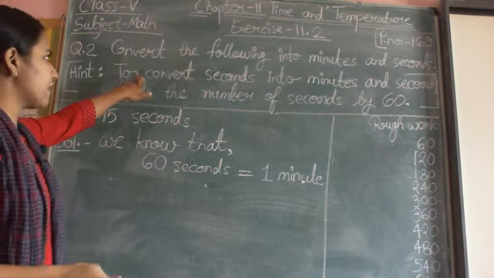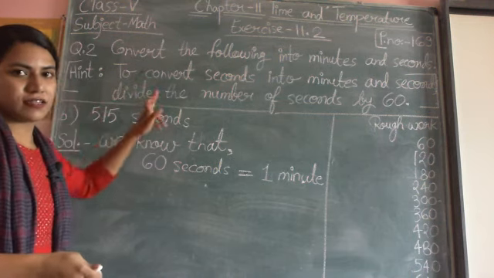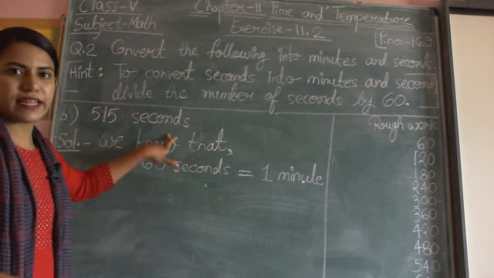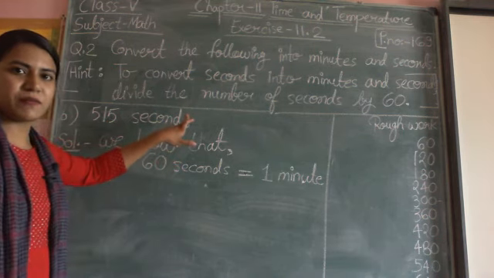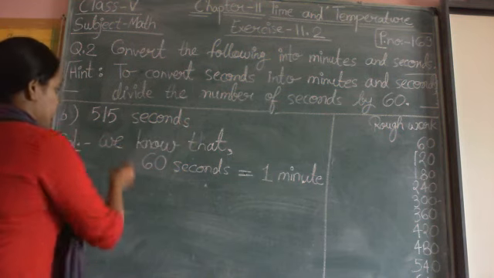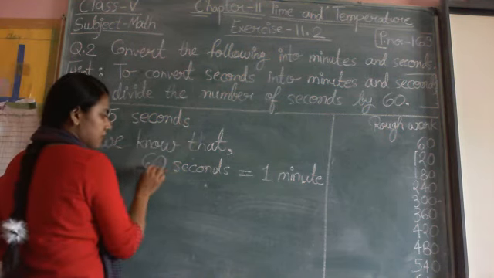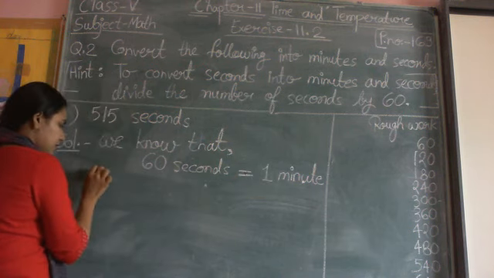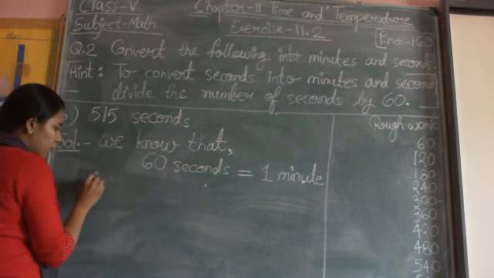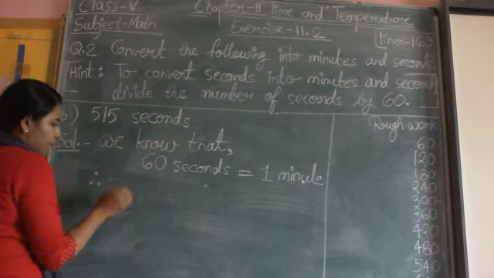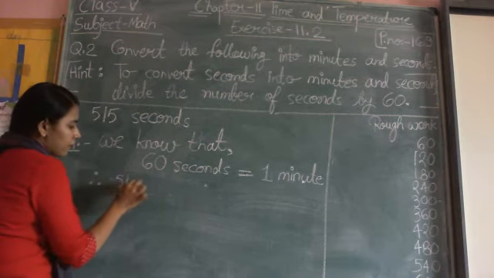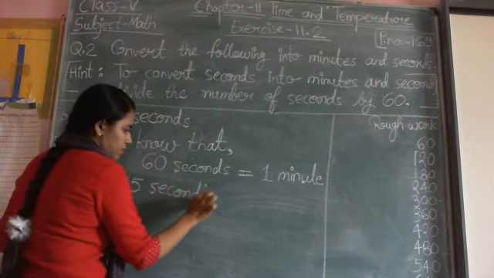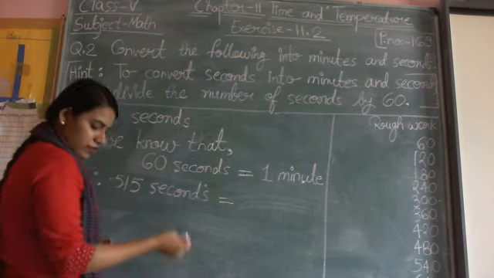And as we have a hint, what does the hint say? If you want to convert seconds into minutes and seconds, divide the given number by 60. So we know that 60 seconds is equal to 1 minute. In the next line, therefore, 515 seconds is equal to